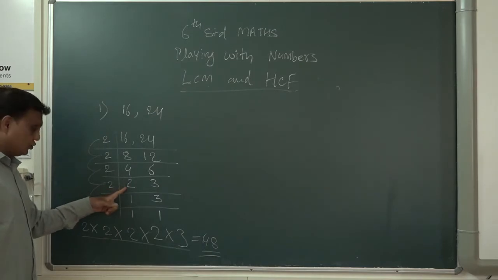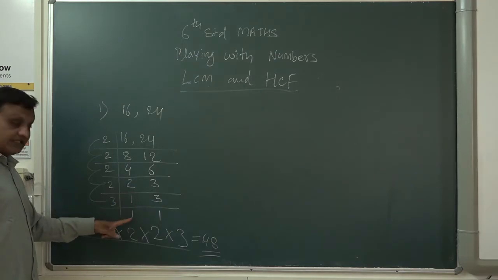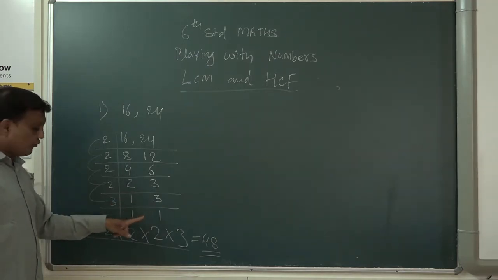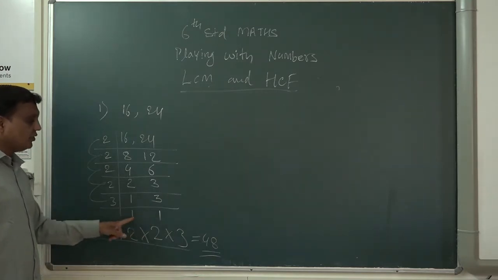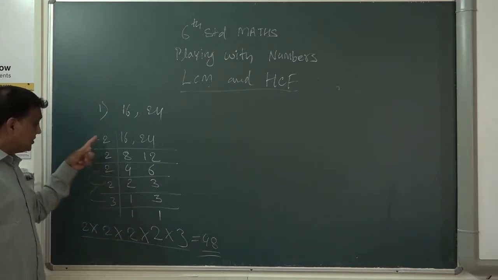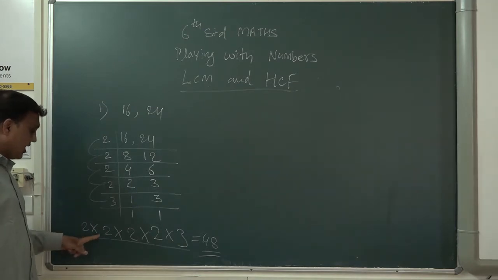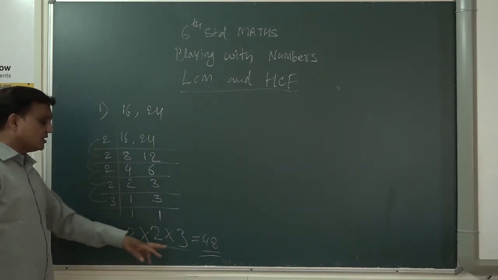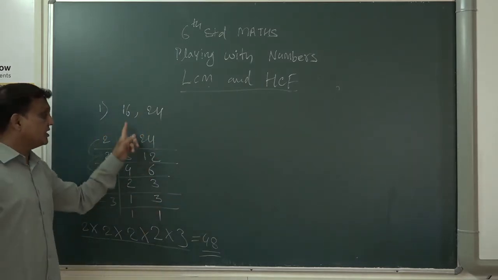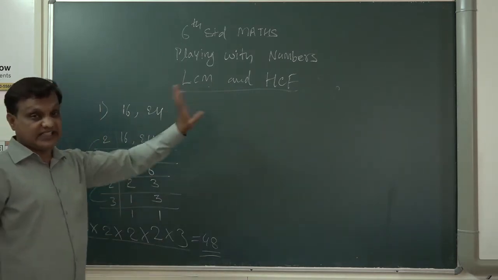First you can go with 2. 2 1s are 2. 3 will not come, 3 as it is. Now this 3 will come in the 3 table. So 3 1s are 3. So you will get 1 at the bottom. You have to continue this method. After you get 1 and 1, you multiply these prime numbers to find the LCM. So I multiply all the numbers, and the answer is 48. What is the LCM of 16 and 24? That is 48.